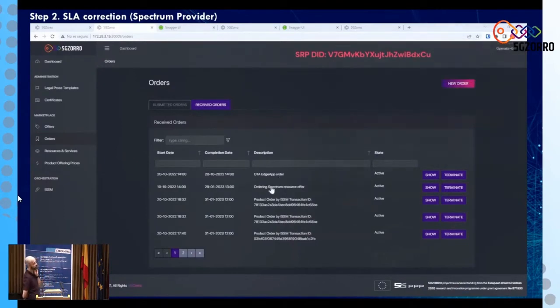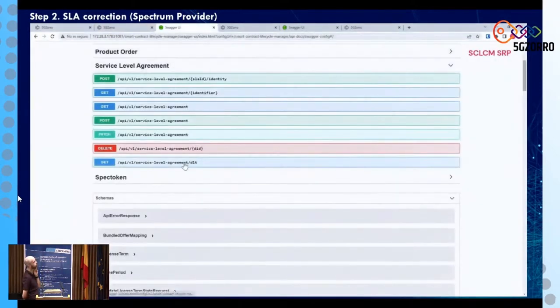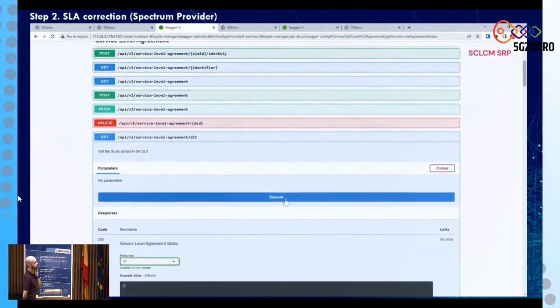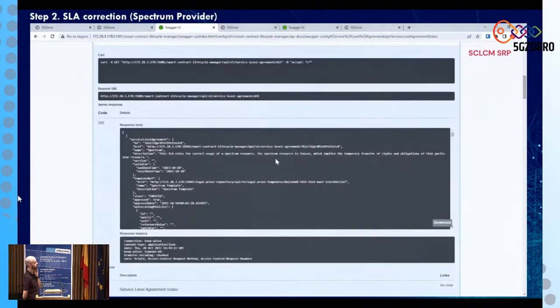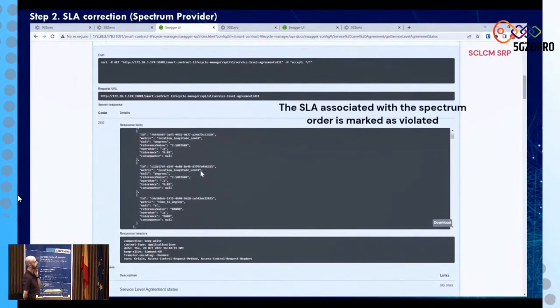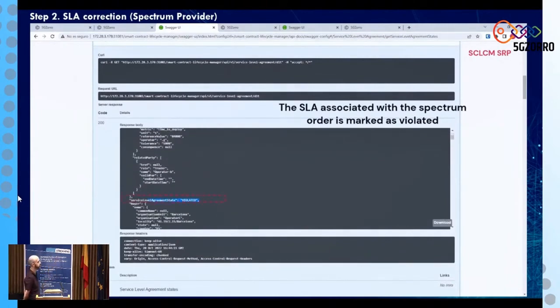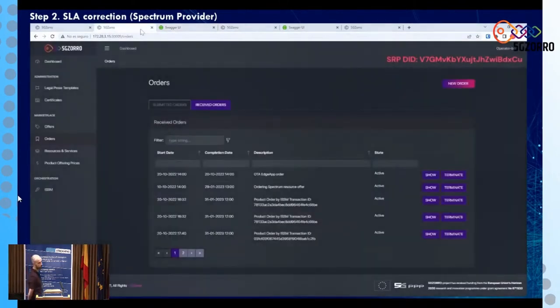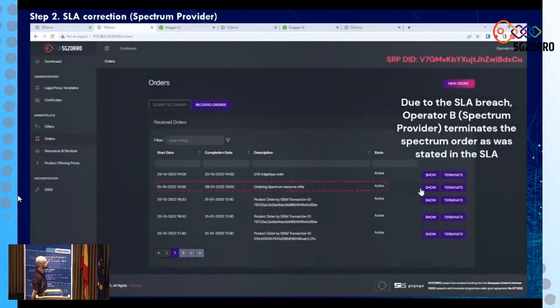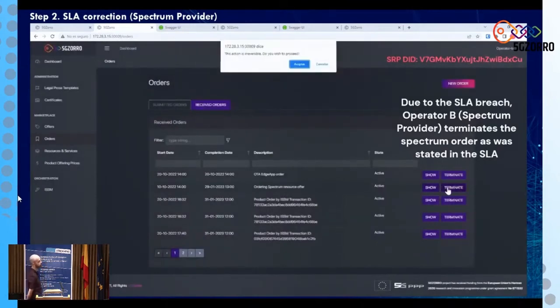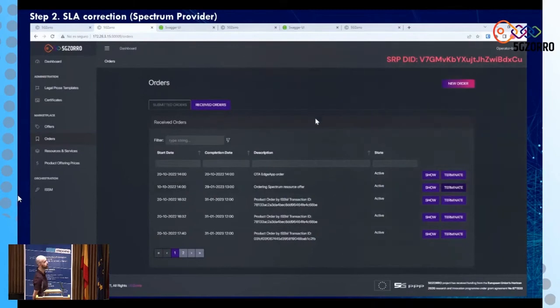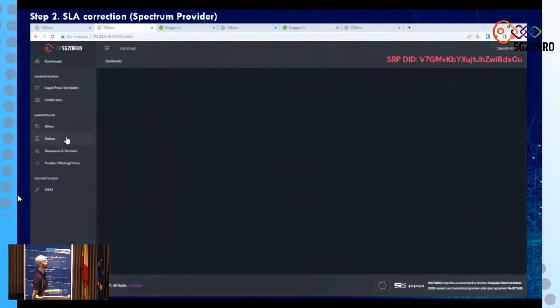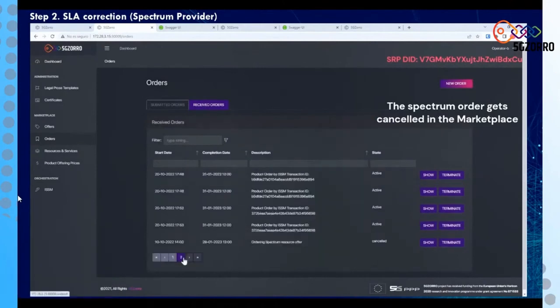Operator B, the spectrum provider, gets this and is able to see that it needs to check this violation. It can go to the smart control lexicon manager and see that this violation has occurred. This is just to showcase that this is in the system. And then the idea is that it will go and terminate the spectrum order. So you can see here, it goes to the order. This was stated in the SLA, that if this breach occurs, it will terminate the spectrum order. And you will see here that it has been cancelled